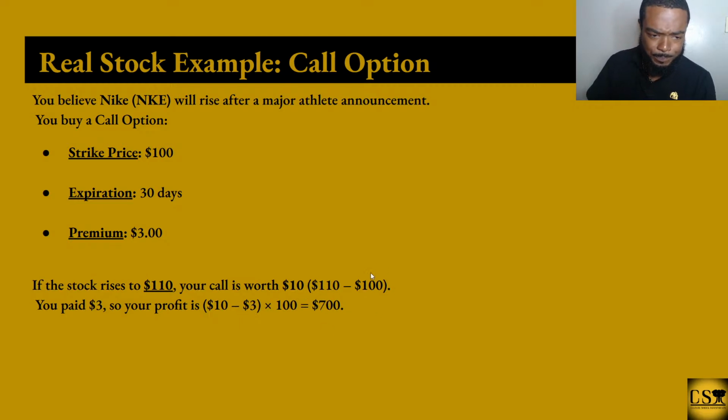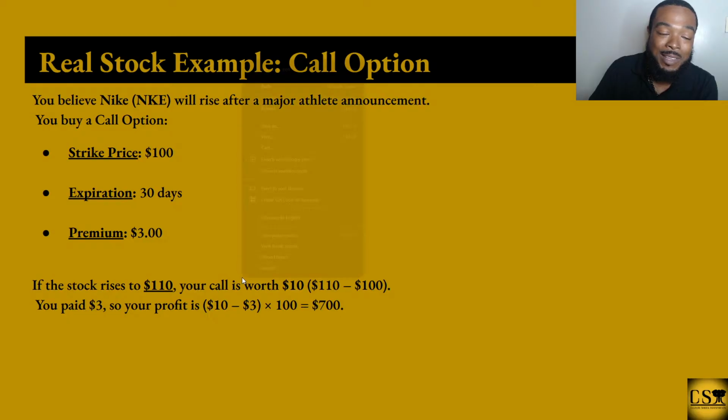So now you sell Nike at $110 and you had the right to buy it at $100. So that $3 you paid in premium, you're going to add that onto the 100. So you're going to say $103 you paid. Then you're going to say, okay, 110 minus 103, you made $7. So you end up with $7 in your pocket after that sale. Okay, and that's going to be, in option terms, 7 times 100 is $700. So you paid $300 for this, and because Nike went up to $110, you ended up making $700 on that.